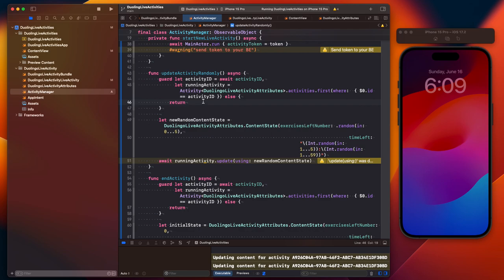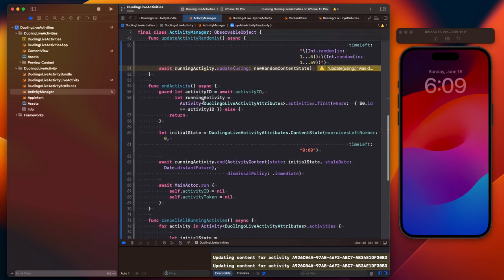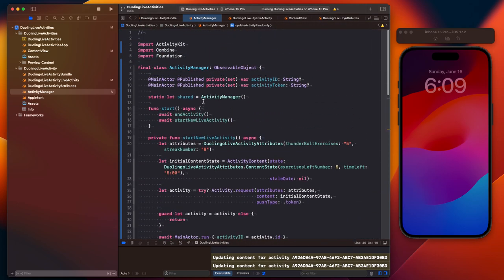So yep, we are done, and this is a very simple way to implement the live activity. There are many ways to do this, but I found this like the quickest and simplest way, and I hope you found this tutorial